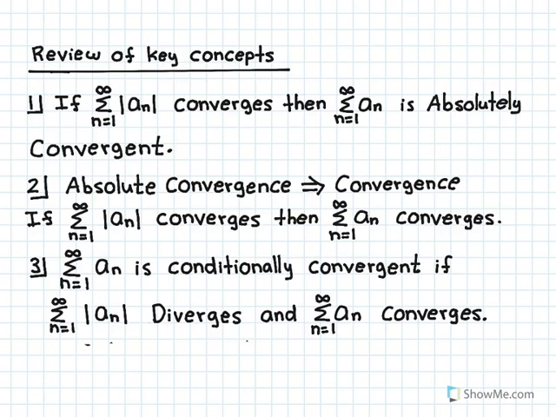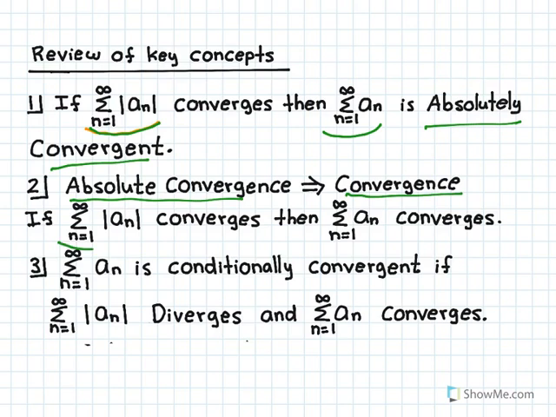If summation n equals 1 to infinity absolute value of a sub n converges, then summation n equals 1 to infinity a sub n is absolutely convergent. Absolute convergence implies convergence. If summation n equals 1 to infinity absolute value of a sub n converges, then summation n equals 1 to infinity a sub n converges as well. Now let's look at conditional